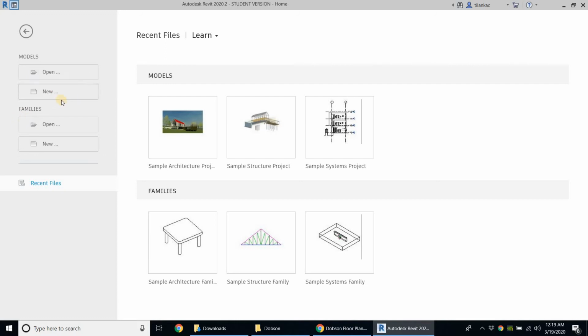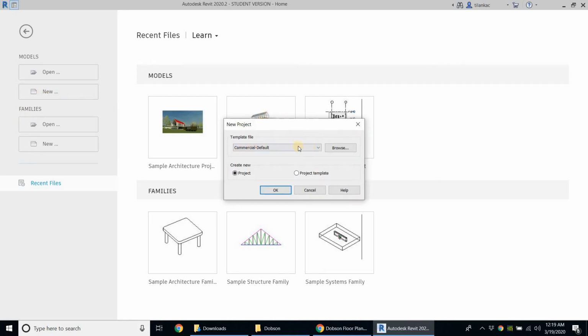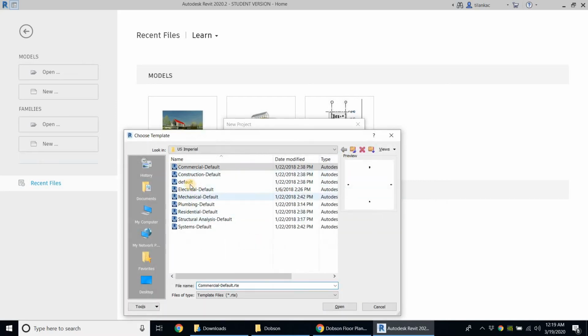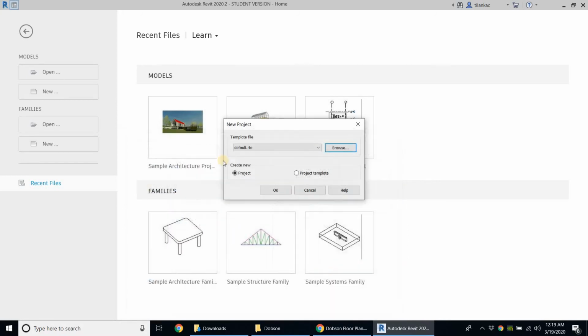go in and create a new file. So I'm going to go into new, and as you remember, you get a bunch of templates that you can start off with, and I suggested that you use the architectural template for this particular project. On my computer I don't have the architectural template, so I'm going to browse and find a different template. In this case I'm just going to use my default. It's basically the architectural template, so I'm just going to go with the default template and open it up, and